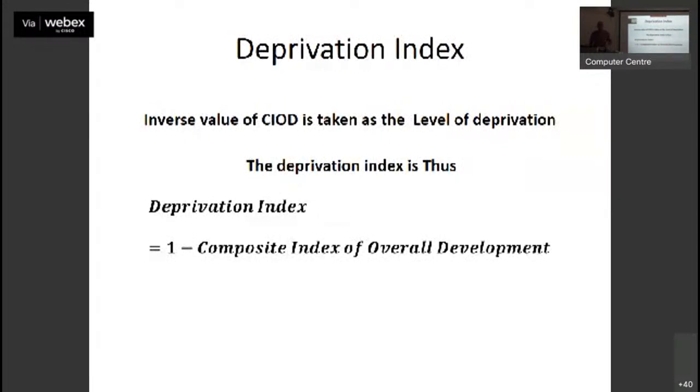But our aim was not the development, our aim was the deprivation. If any particular district is away from 1, because maximum value of that index can be 1, it will be treated as deprivation. So 1 minus composite index of development is the deprivation level of that particular district. So we have worked out the deprivation. हर state डिप्राइवेशन यानी ऑप्टिमम वैल्यू 1 से कितना डिविएट है, जो 1 से जितना ज्यादा डिविएट है वो उतना ज्यादा डिप्राइव्ड है। ओके,